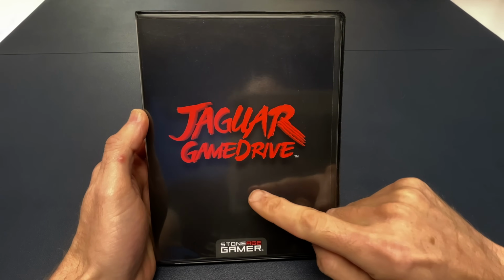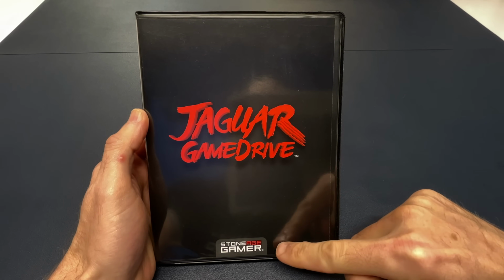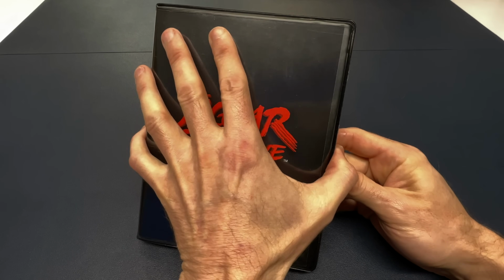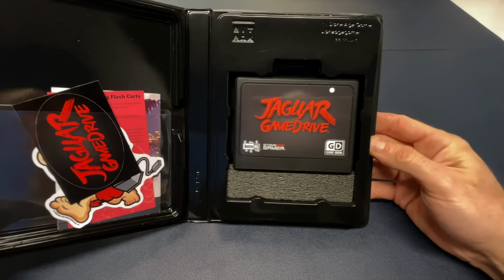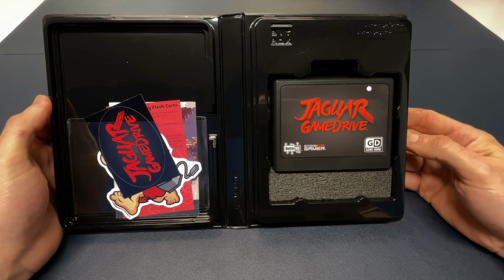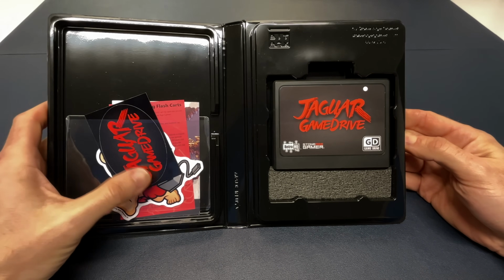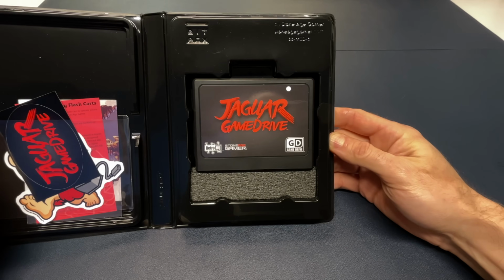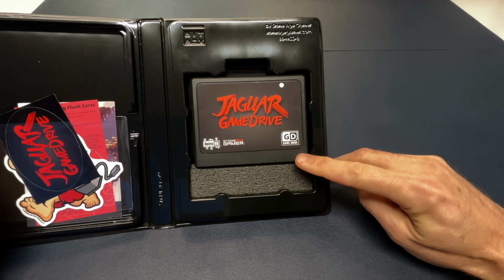First on the list, the Jaguar game drive from Retro HQ. My friends over at Stone Age Gamer provided this and the other items so that we could check them out together on the channel. This is the Deluxe Edition, which is covered by a 2-year warranty, includes the case, a printed manual, and some stickers. This cartridge is awesome because it lets you load Jaguar gaming content on a microSD card